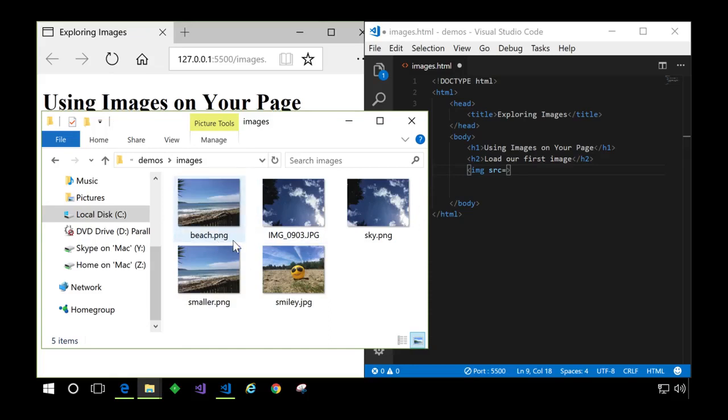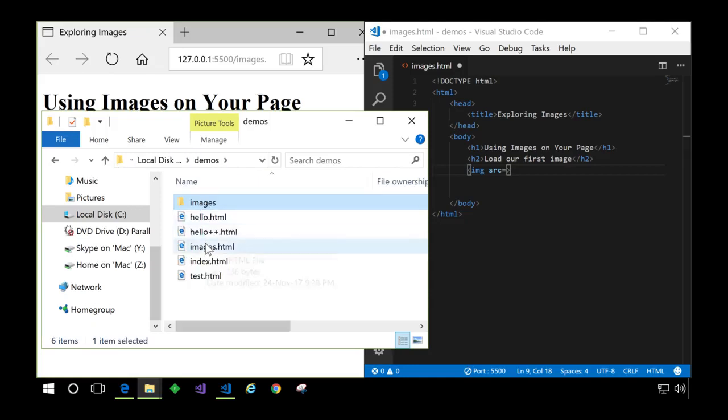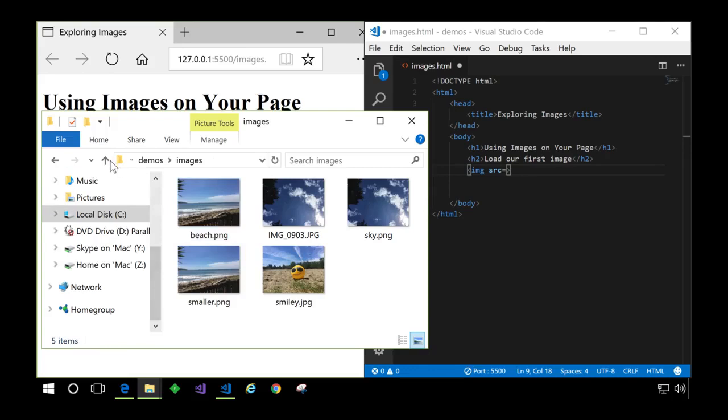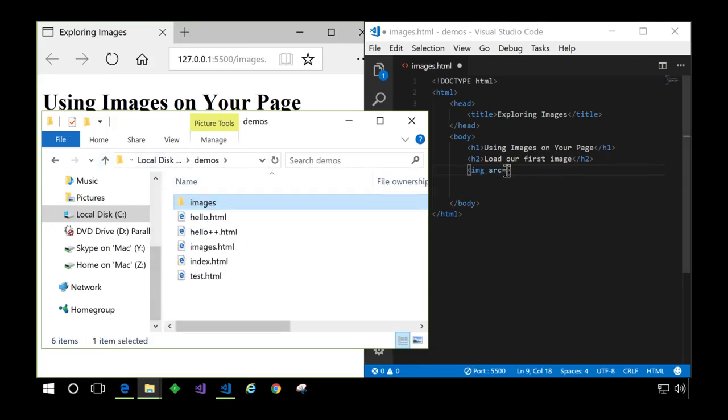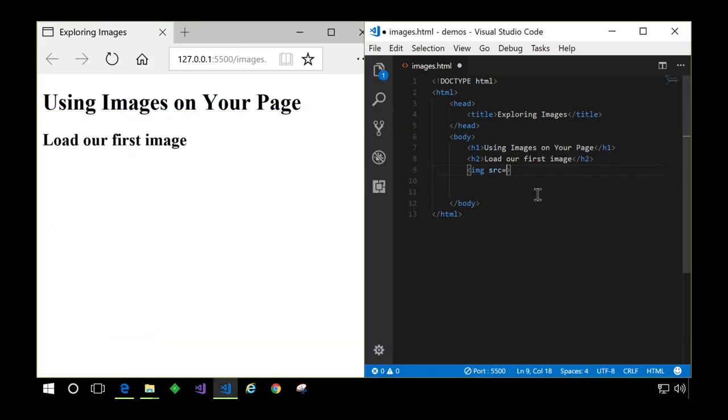Some of them are PNG and JPEG files, and as you can imagine, any modern browser can support these image types and can show the images. So the image I want to use is located in this images folder and it's called beach.png. So that's the value I will set here in my HTML page. I'll set the location to be